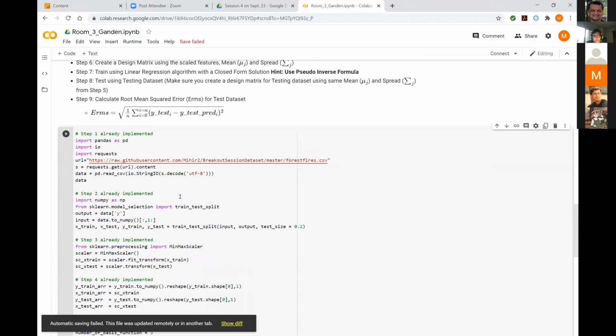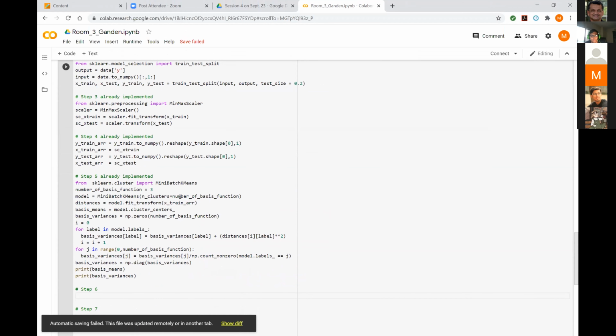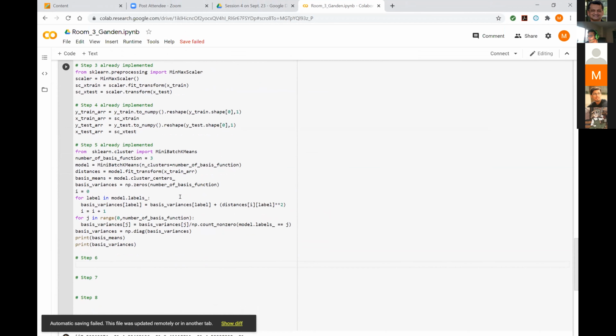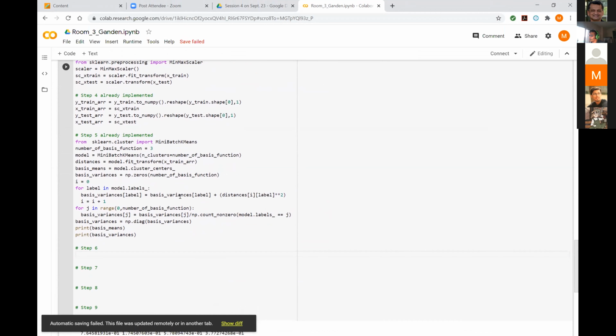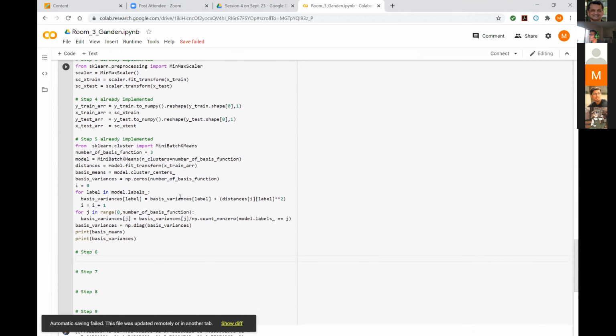So mu j must be the center of the jth radial basis function. Some kind of instruction. But what's the basis function in this case? Do you have any idea, Gurleen? Is the basis variance the basis? Okay, so basis variance is the basis function,